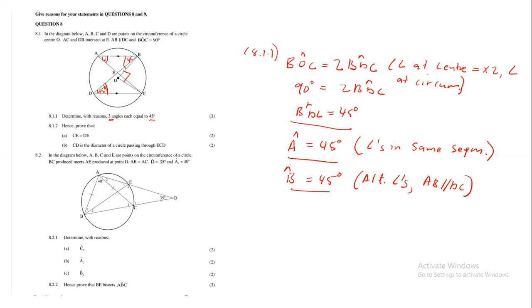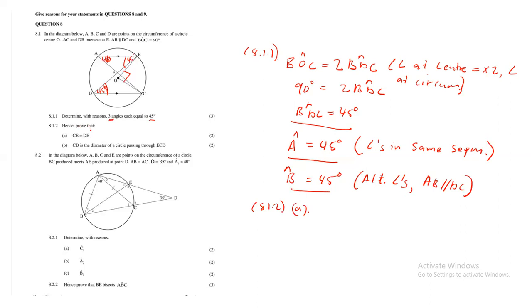And then there we also have 45. Just write it like that. Okay, that will be 8.1.1. Now, 8.1.2a, it says to us,